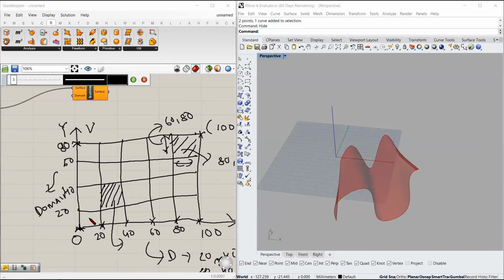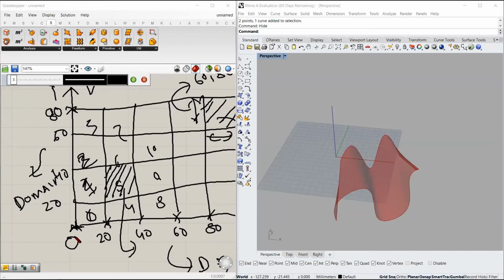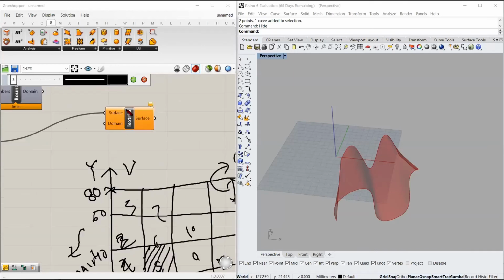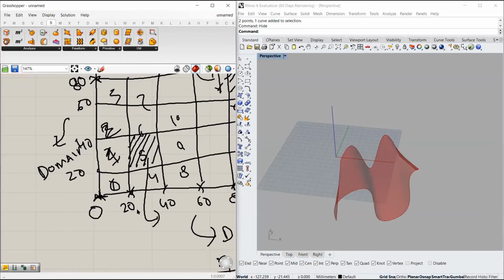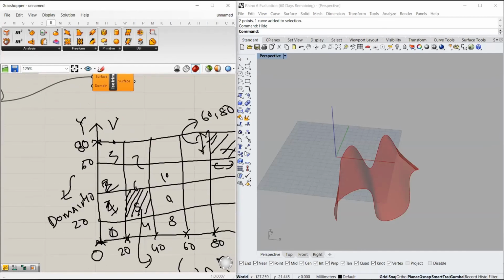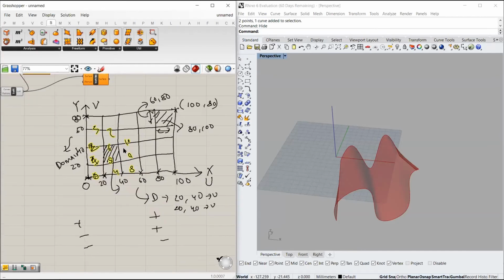So it numbers, it starts from 0, 1, 2, 3, 4, 5, 6, 7, 8, 9, 10, and so on. So it wants domains of all these surfaces to isotrim it. So it wanted the initial surface, and it wants the domain of all these surfaces.